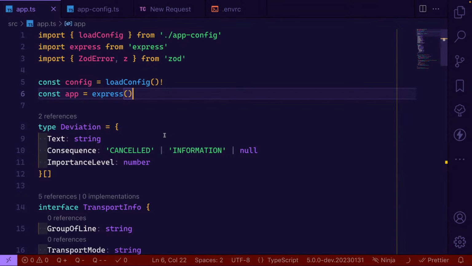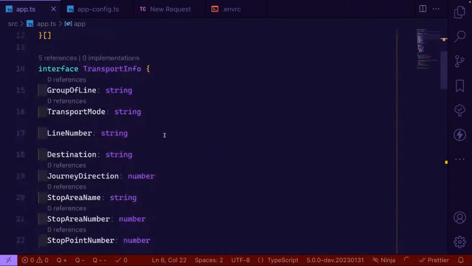Nice question. Using what? Zod. Yes, it's pretty nice. We can use this, but